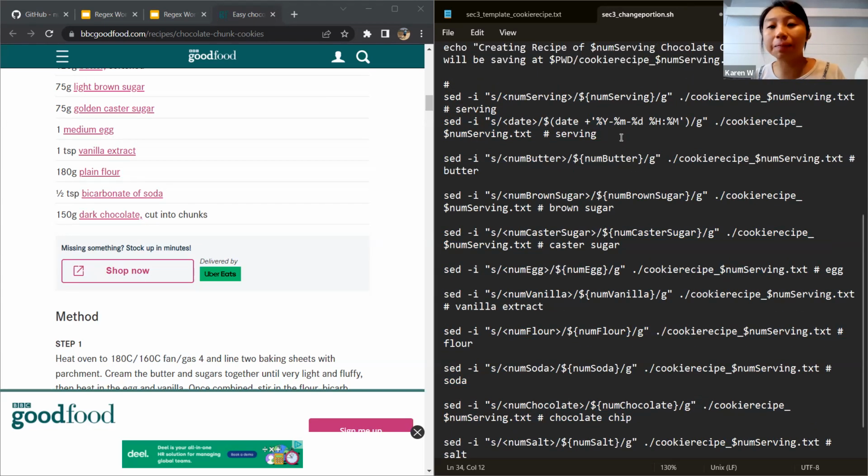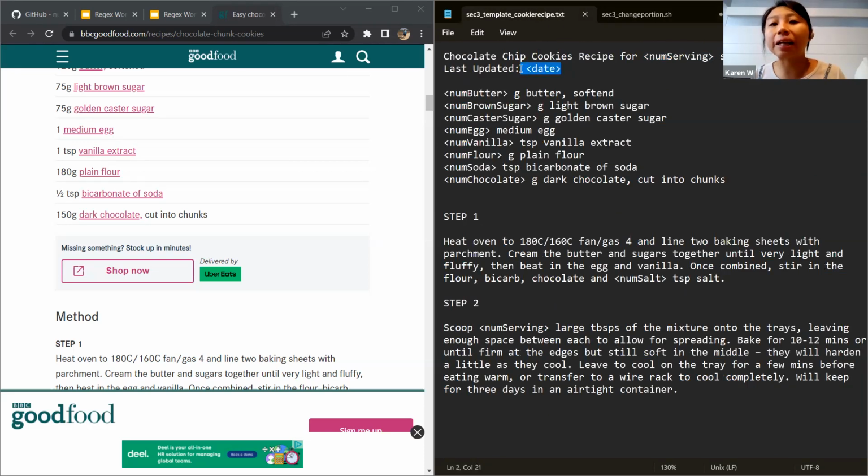And then there's something new, something a little bit different from what I did for the rest of the recipe: I'm going to create a date. You know how here I have a last update time?